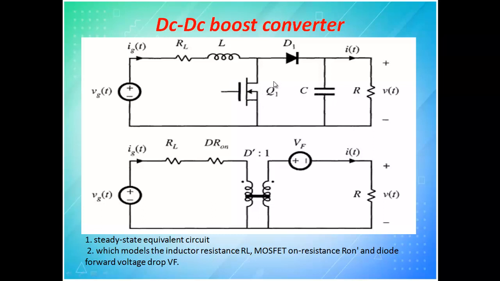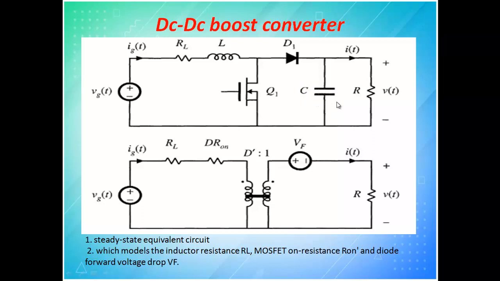There won't be any current flow in this particular path because this is shorted. Starting from here, the current will try to flow through the inductor, this is short, and this will come here, so nothing will travel on this side. So now this inductor will get charged to this supply voltage. Once the switch is off, you have a voltage here, this also behaves like a voltage, so twice the value of the voltage will be charged across this capacitor.